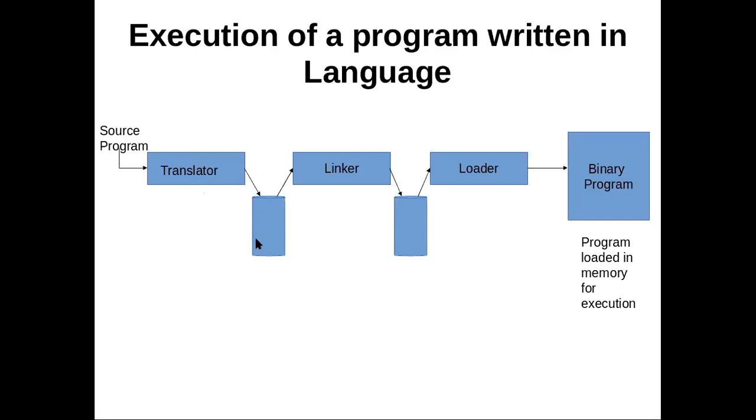Then after that, if our program contains a main program, it may want to link with other subprograms. Suppose in the case of Java programming, we have written our main class and we want to access other classes in other packages. So we have to link our main class with the other classes in other packages. For that, we are using a linker. So the linker is the program which is used to link our main program with the other subprograms.